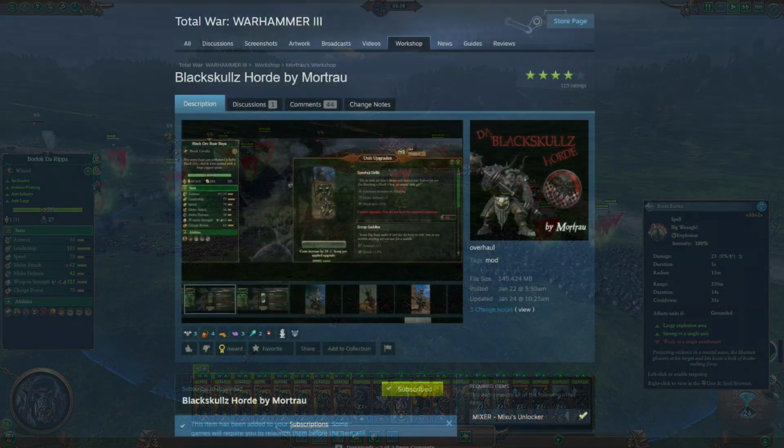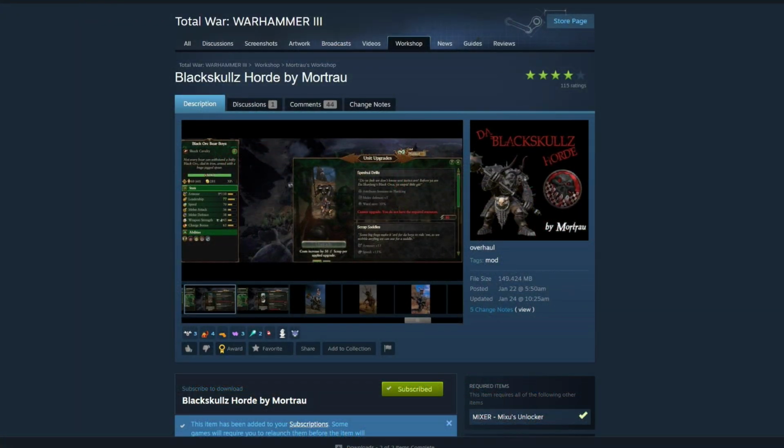I am, of course, talking about the Blackskullz Horde by Mortrau. And first of all, the first point that I want to make is that Mortrau is the same mod author who created the Godslayer mod, which is an absolutely fantastic mod, one of my favorite other faction mods for this game. And this Blackskullz Horde is basically giving the Horde mechanic to Greenskins, which I'm going to actually read